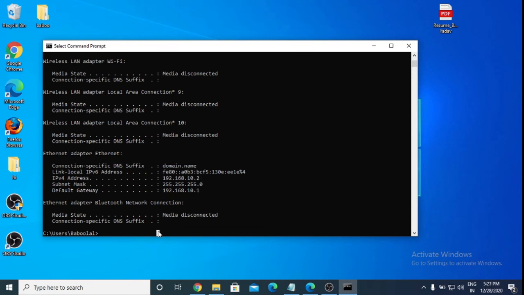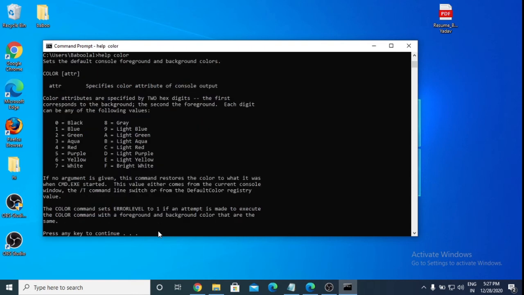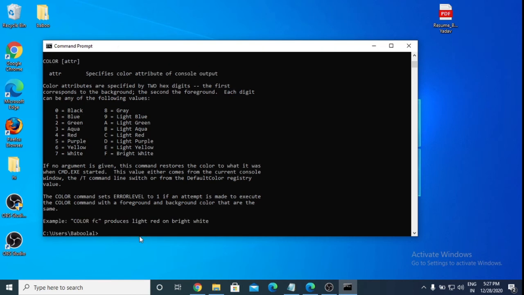So the next command is color. First you type color help. If you want to change the color of your CMD, here are the options: black, blue, green, aqua, red, purple, yellow, white. If you want any color, simply type color and the number.